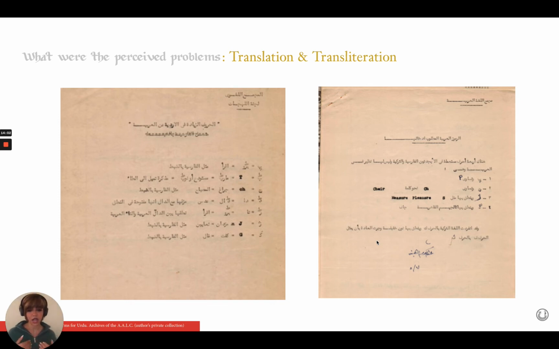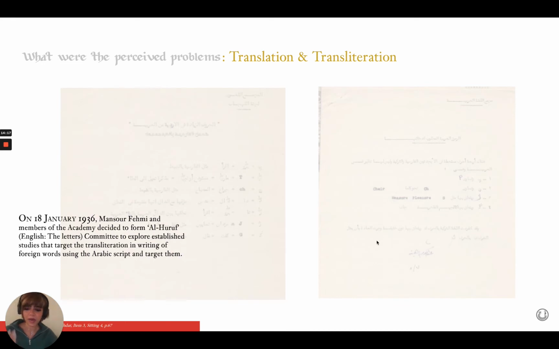This is an issue that we are actually having right now as well. That would go into a whole other presentation, but this is where it all started. Then the academy initiated a new committee called Al-Huruf to study these issues, which led to